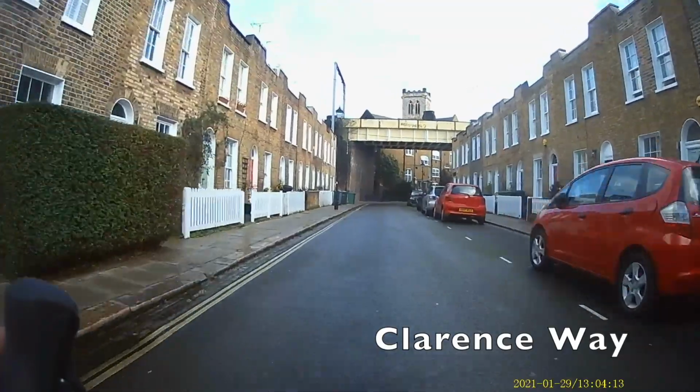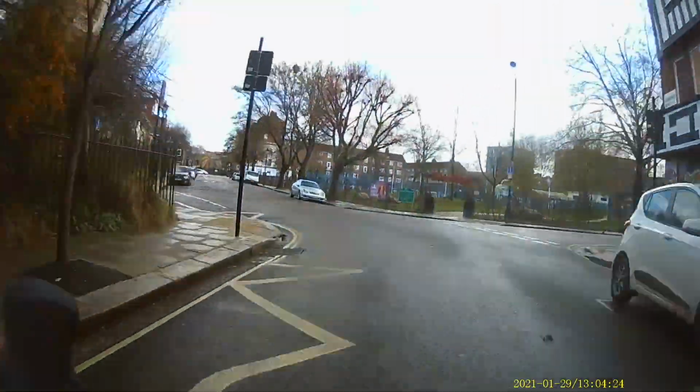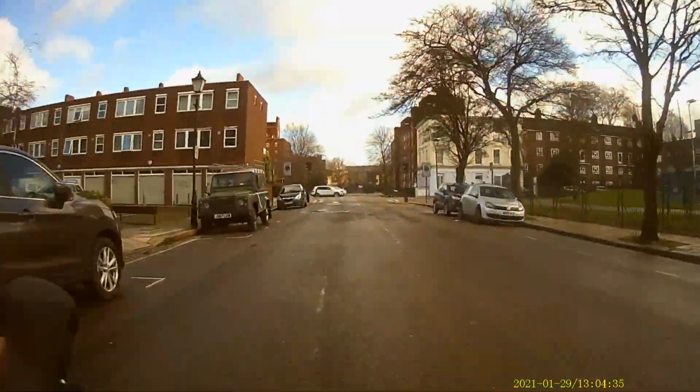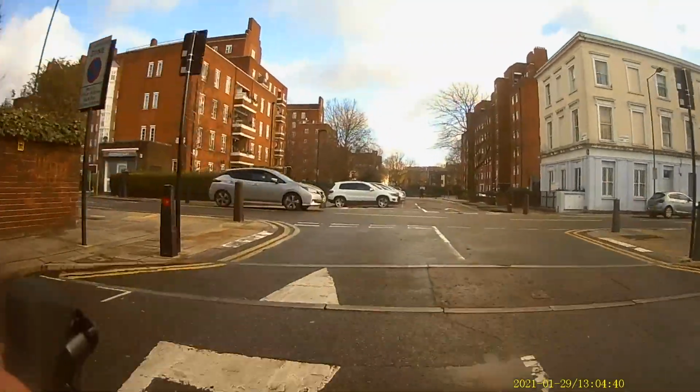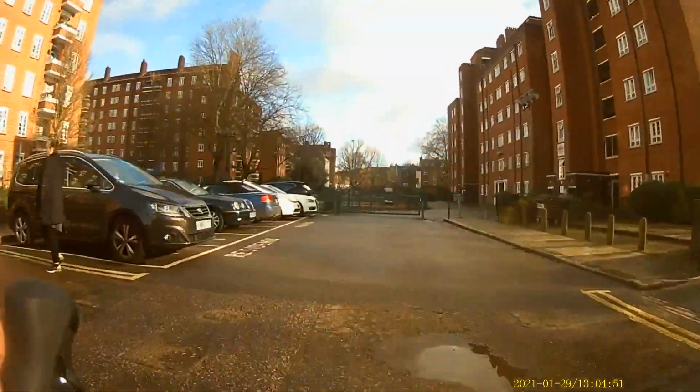So you just turn right down here down Clarence Way. That's through some nice little bollards. And there's not really any traffic on Clarence Way because it's closed to through traffic. There's no cars because of those bollards. Be careful as you cross this road here. And then head into the Clarence Way estate,